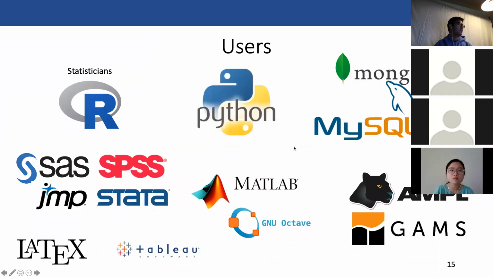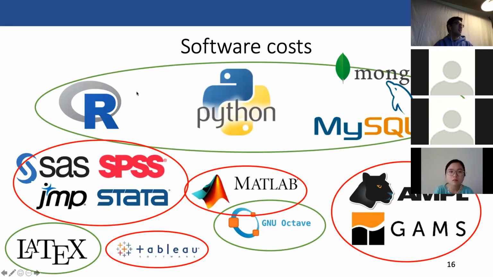Yeah, okay, as I was mentioning, statisticians are the ones who originally used and developed R. In terms of software, which ones are free? All the ones circled in green are open source and free. And actually, one of the nice things about working with free software is that it has